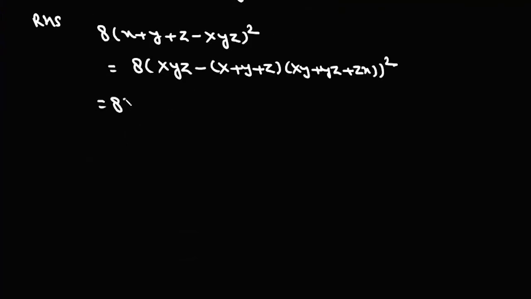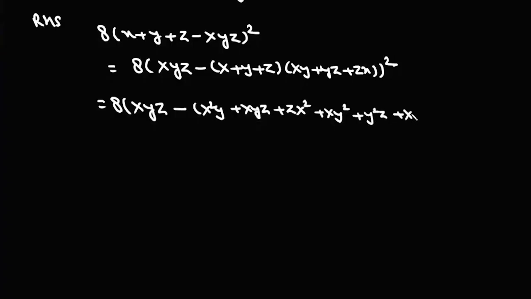Now this is 8 xyz and then minus x square y plus xyz plus zx square xy square plus y square z plus xyz plus zxy plus yz square plus z square x